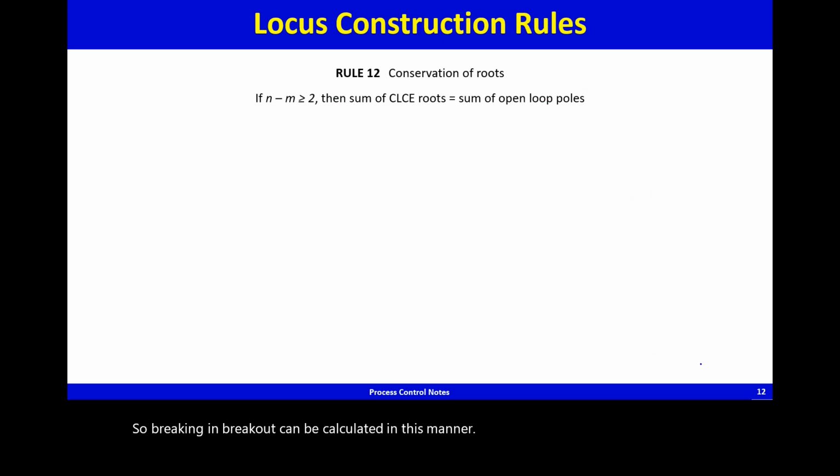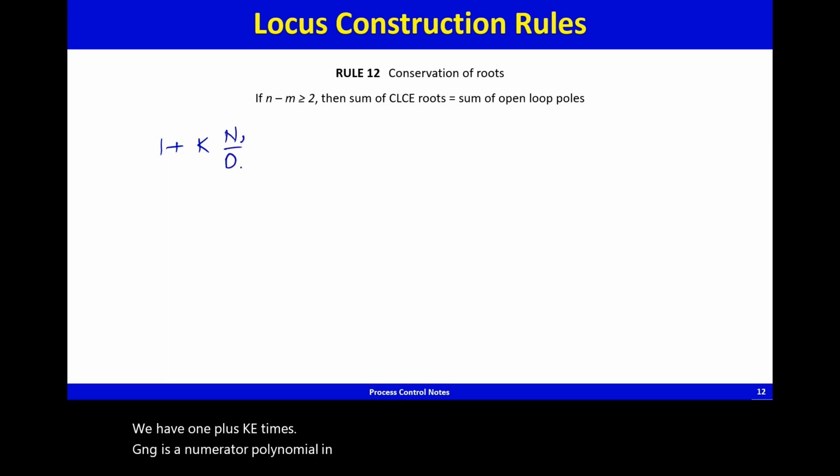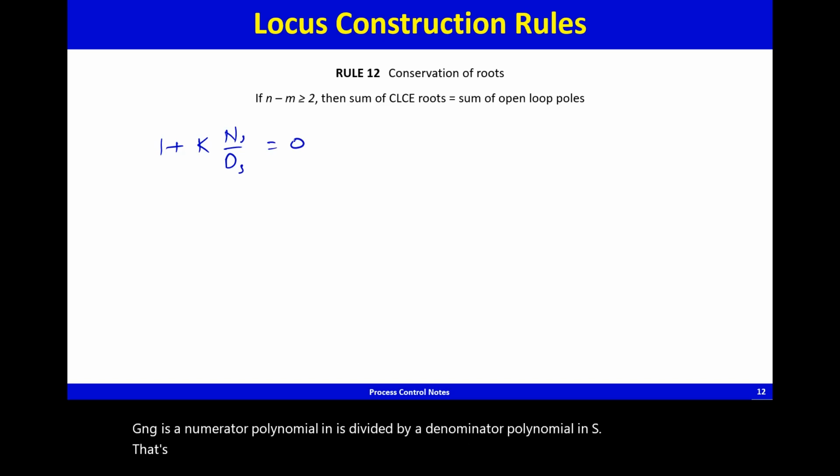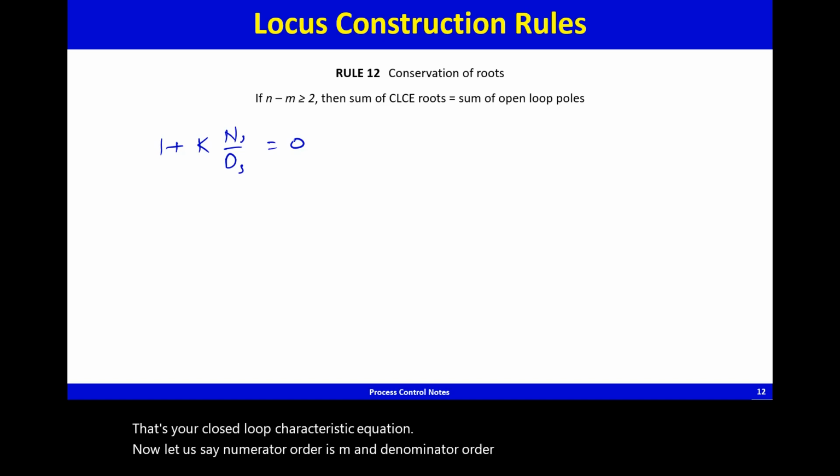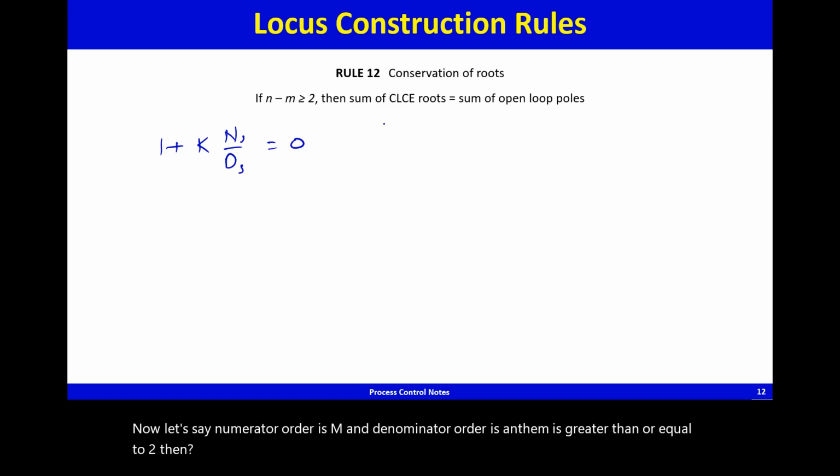Law of conservation of roots. We have 1 plus k times g, and g is a numerator polynomial in s divided by a denominator polynomial in s. That's your closed loop characteristic equation. Now let us say the numerator order is m and the denominator order is n, and n minus m is greater than or equal to 2, then what we will get is